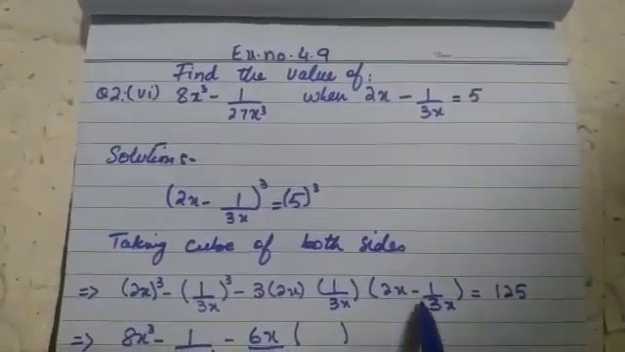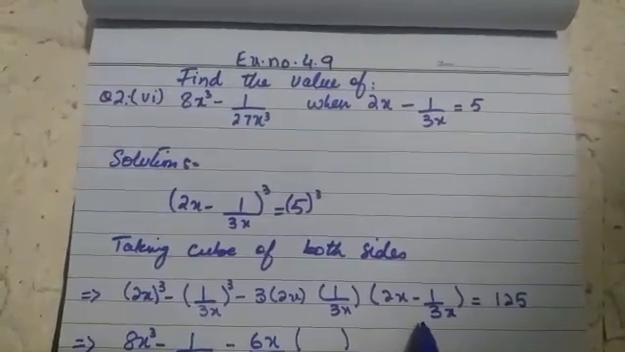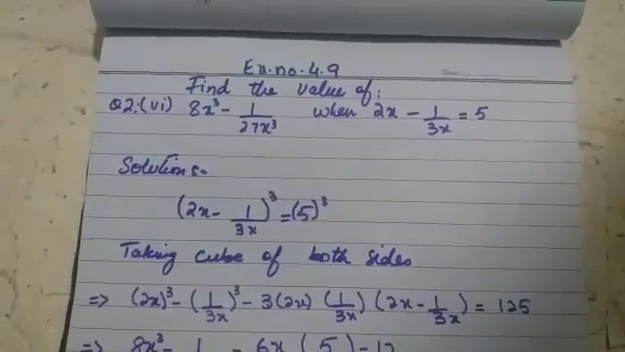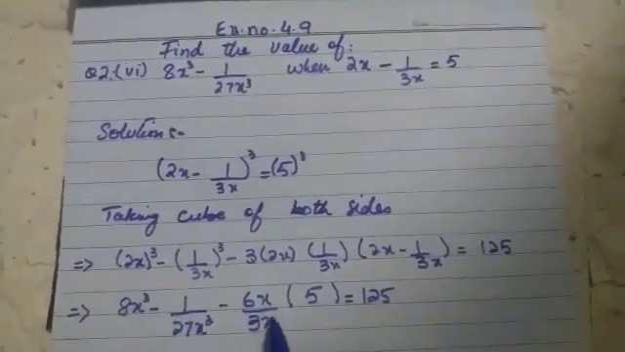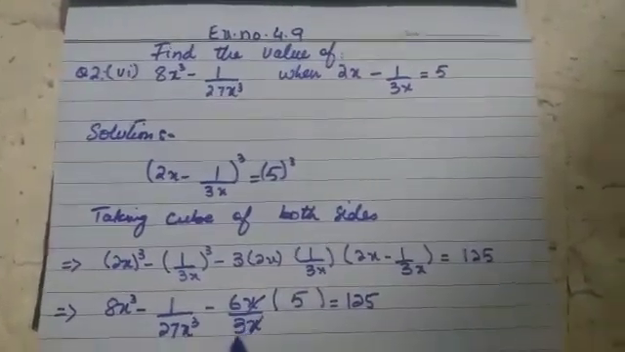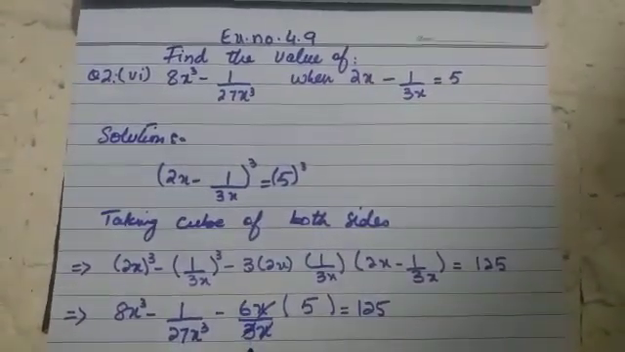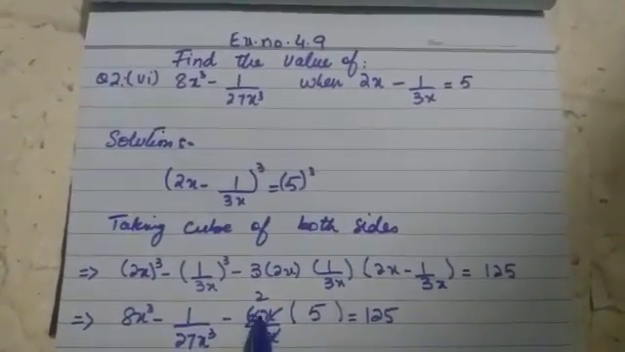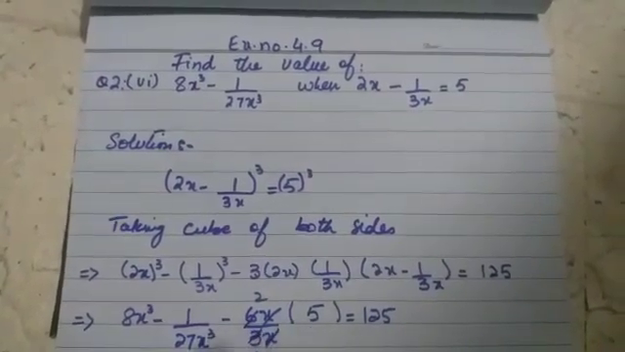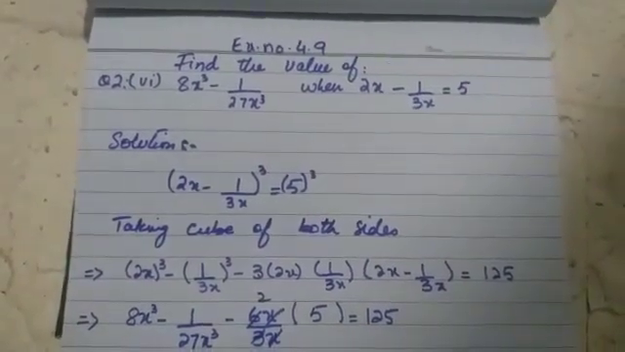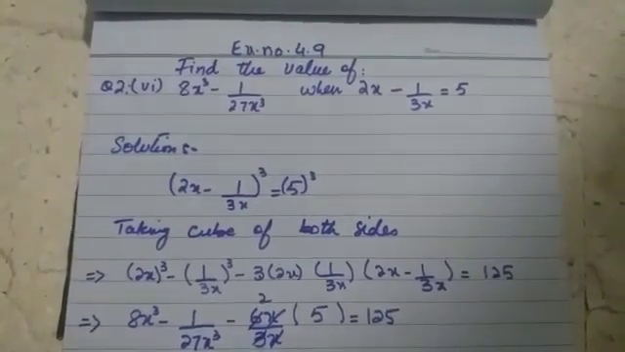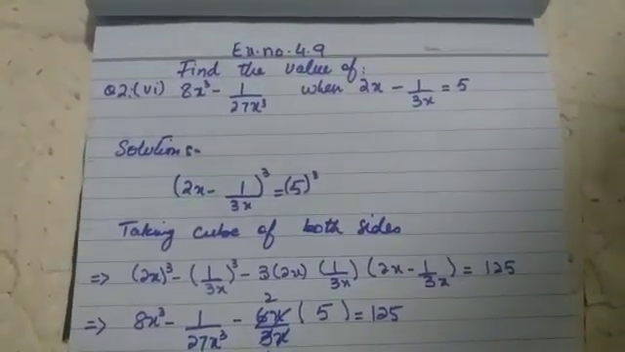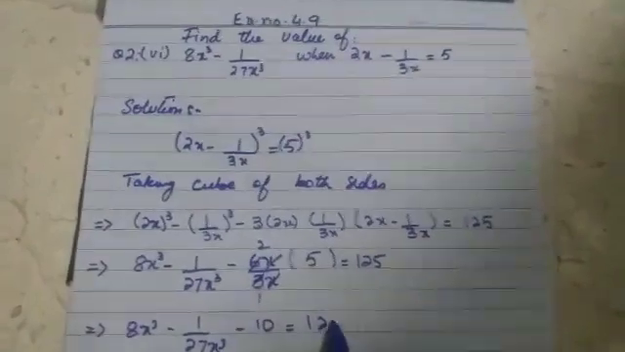Over here 2x minus 1 upon 3x is replaced by its value 5, that is equal to 125. Now x and x are possible to cancel, so we are going to cancel them. In the same way, 3 and 6 are possible to cancel, that's why 3 1s are 3 and 3 2s are 6. As a result, we have only 2 and 5 on this side. So 8x cube minus 1 upon 27x cube minus 10 is left on the left side, and on the right we have 1 upon